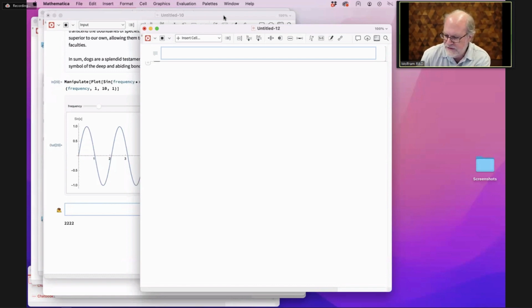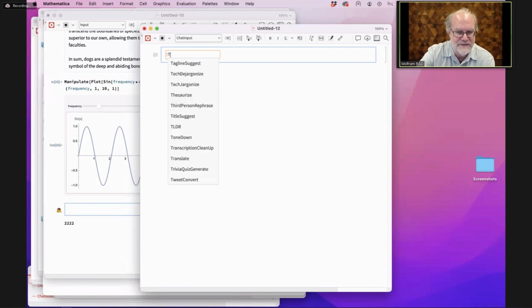So I talked about things like LLM functions, which are ways of accessing LLM features from within the Wolfram language. There's actually a way of using those LLM functions in a pretty tightly integrated way within the chat notebook environment. For example, you can call it up using an exclamation point at the beginning of a chat cell. So I type exclamation point, I get this little box, and like one function. This is showing me the names of LLM functions which are in the